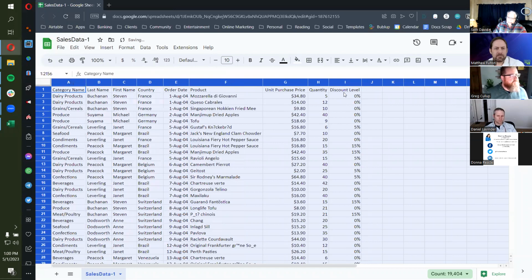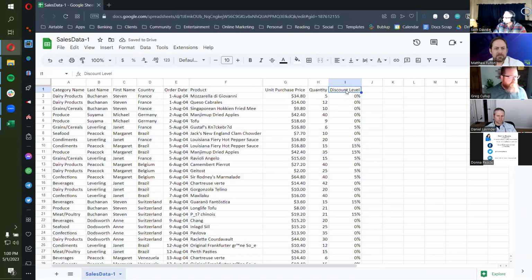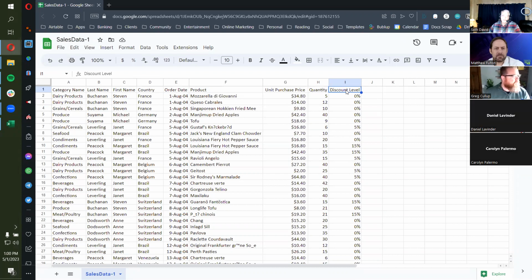Now, Google Sheets doesn't have tables in the same sense that Excel does. So no, Google Sheets is not exactly the same as Google Docs. When you think of Google Docs, you think of the comparable product to Microsoft Word. That's a word processor. Google Sheets is a spreadsheet just like Excel, right? So that's the distinction. Google Sheets is Google's version of a spreadsheet product that you have access to with all of Google's.